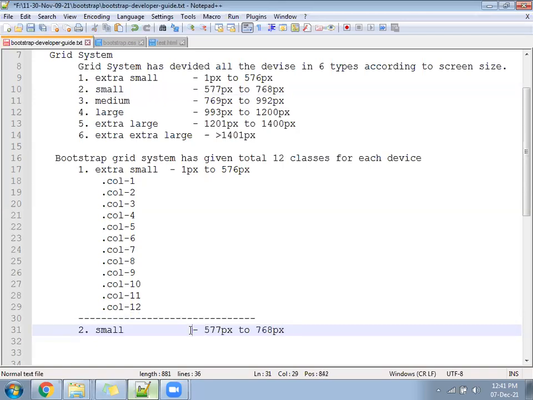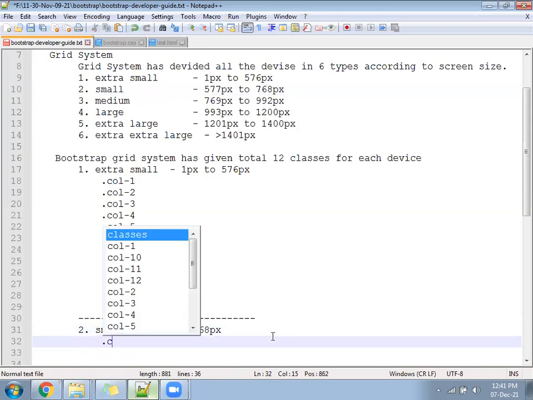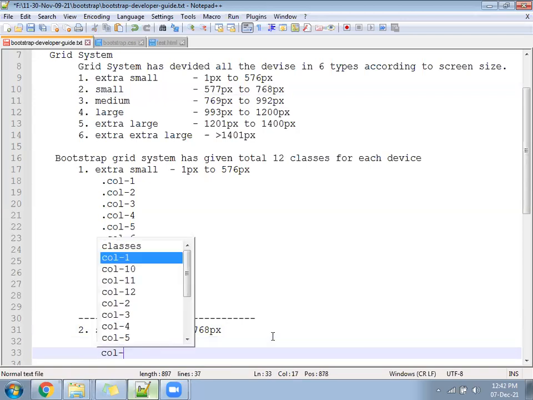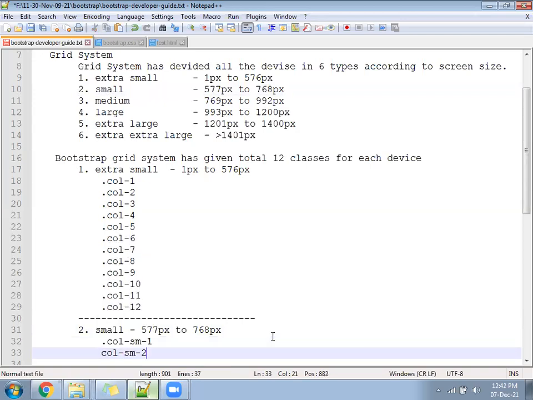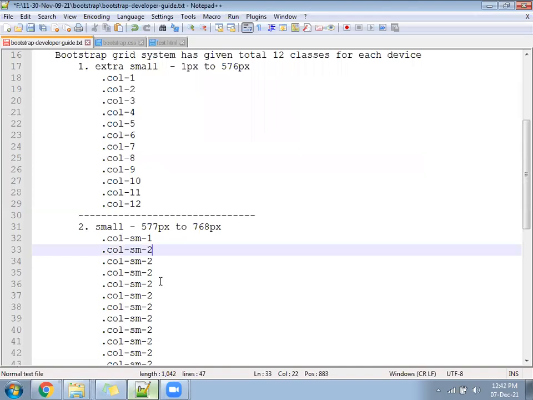Copy this second one and add here. For small, the class names will be dot col-sm-1, col-sm-2, 3, 4, 5, 6, 7, 8, 9, 10, 11, 12. Please make a note.